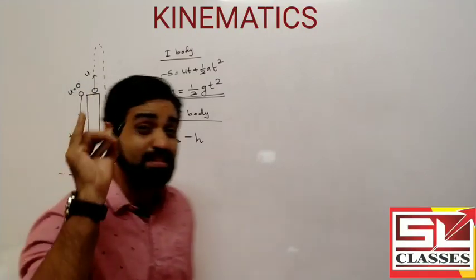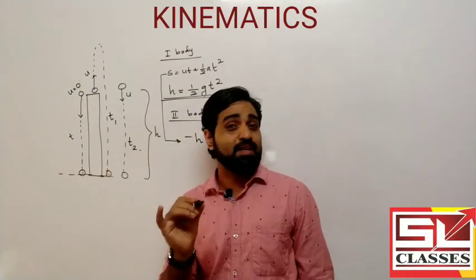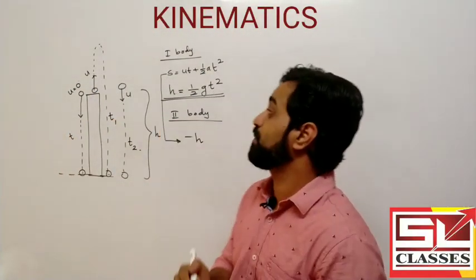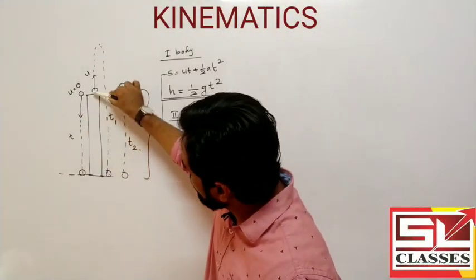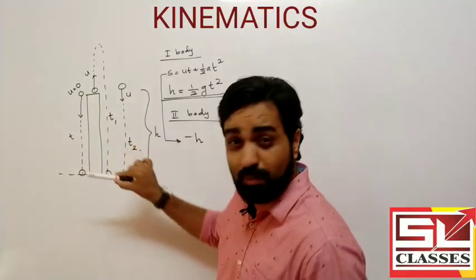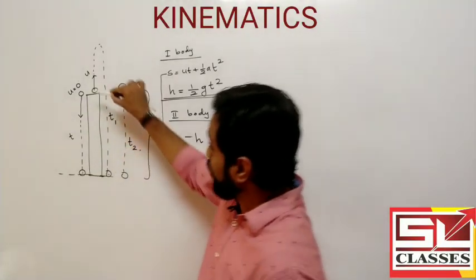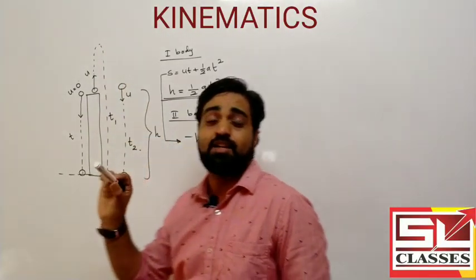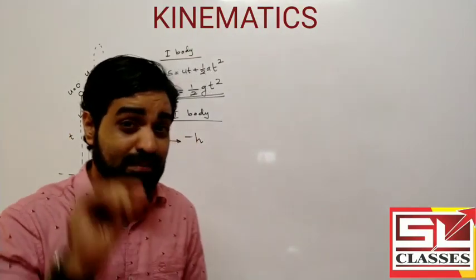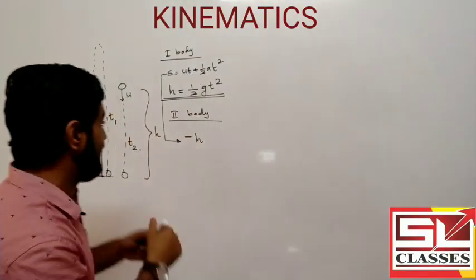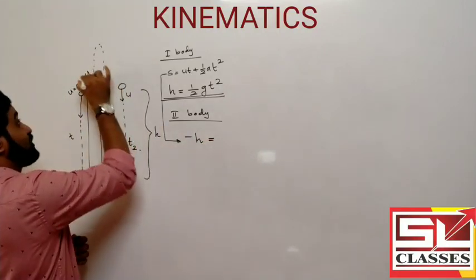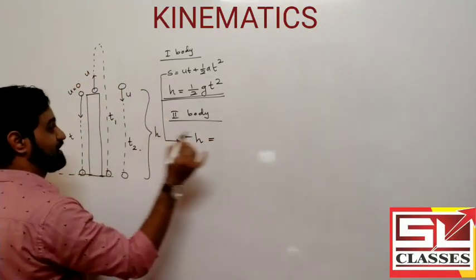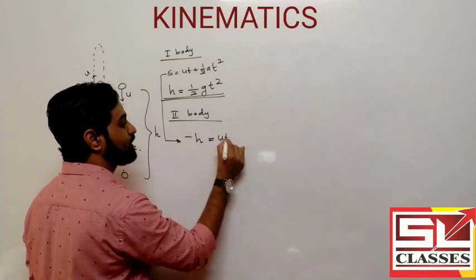What is displacement? Displacement is the shortest distance between initial point and final point. See, this is the initial point, this is the final point. So this shortest distance will be the displacement, but the body moves in the opposite direction, so we have to take the displacement as minus h. So minus h equal to, again it has an initial velocity u and its time is t1, so we write u t1